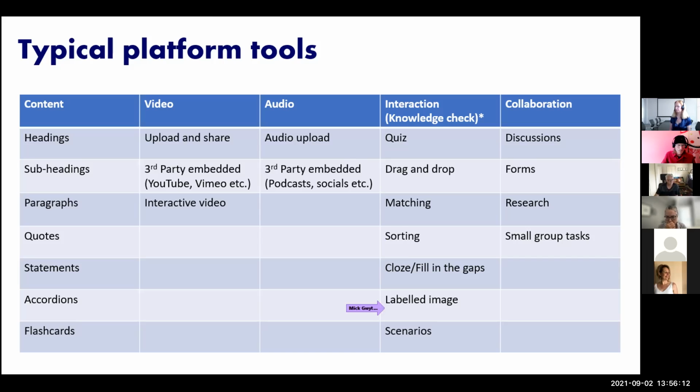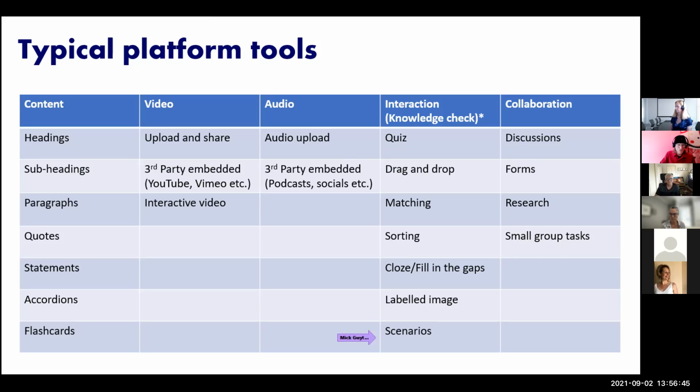And some platforms have a dedicated scenario tool, which is like a quiz, a series of quiz questions, but they have a couple of additional things. Instead of feedback, they'll have another slide which the student goes to if they select an incorrect option. So they might choose an option, see the consequence of that option, be asked to consider something, and then maybe come back to the question to have another crack at it. So it's like a quiz, but you can customize every consequence or option screen that students see when they go through.